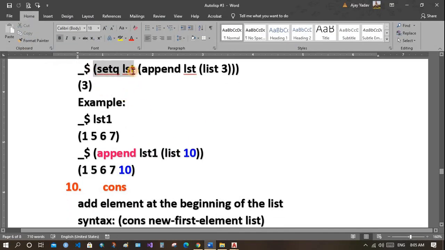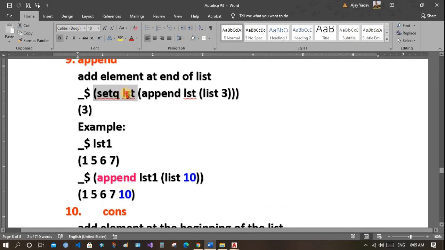To assign, we will use setq. You can use different name here as well, or the same. If you want to assign to the same list, then same name, or if you want to assign to a different list like mark1, then you need to use mark1 here, or if you use mark, then it will be assigned to mark.